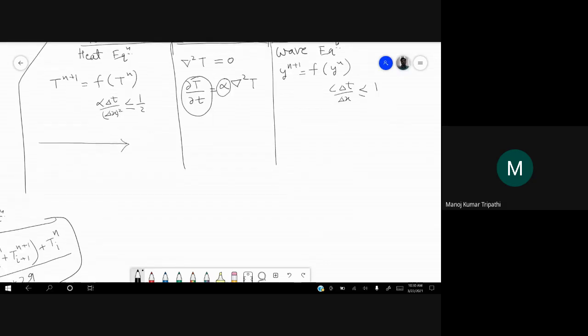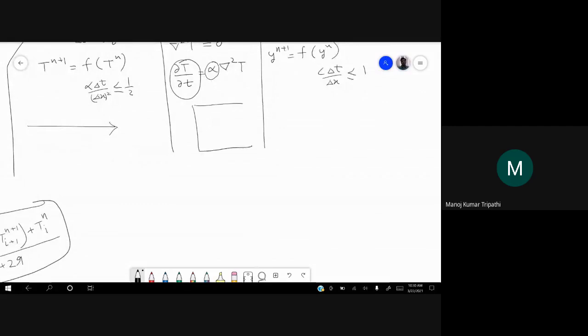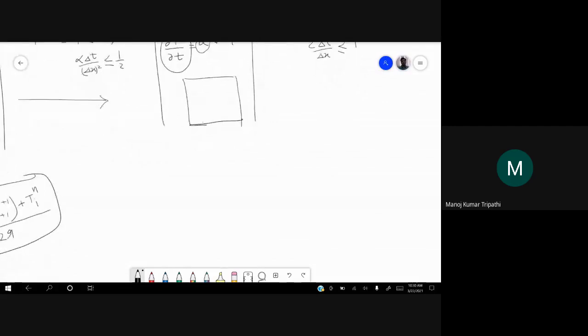In this case, the solution at any point will depend on the solution or the temperature at all the points in the space. That is, in both the directions x and y. So if we have a two-dimensional plate, let's say this is x and this is y, and we want the solution at any point P here, this will depend on the temperature at any other point. Okay, the solution at point P will change if we change the boundary condition here or anywhere else.